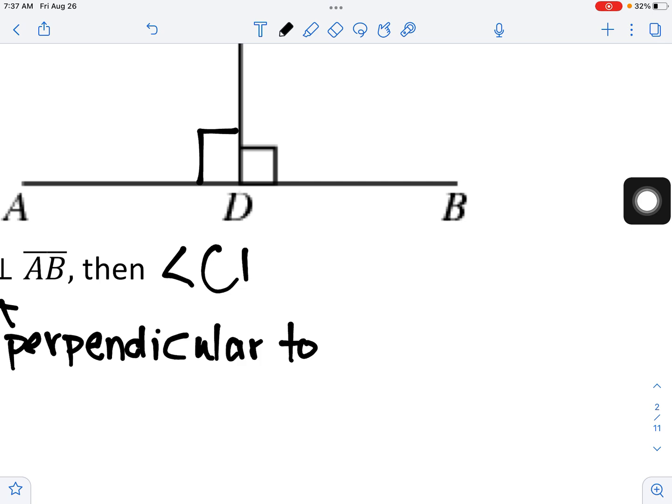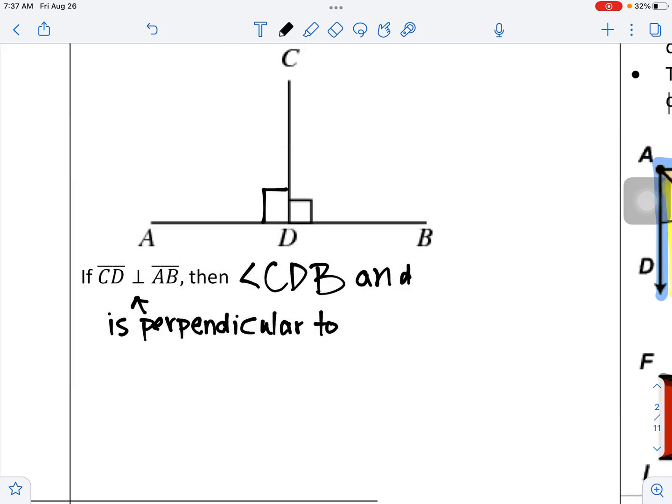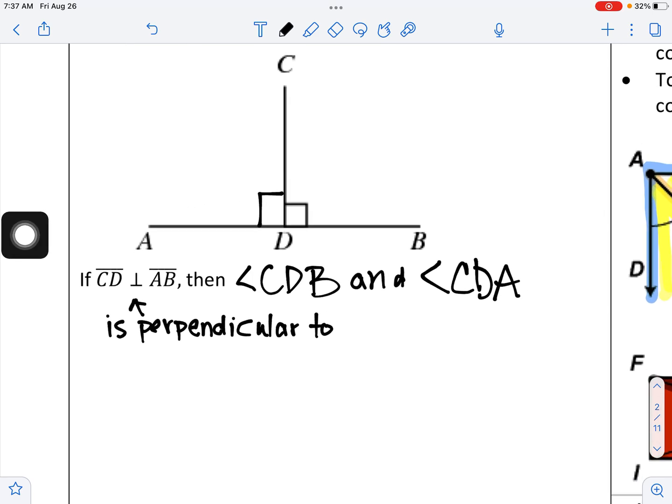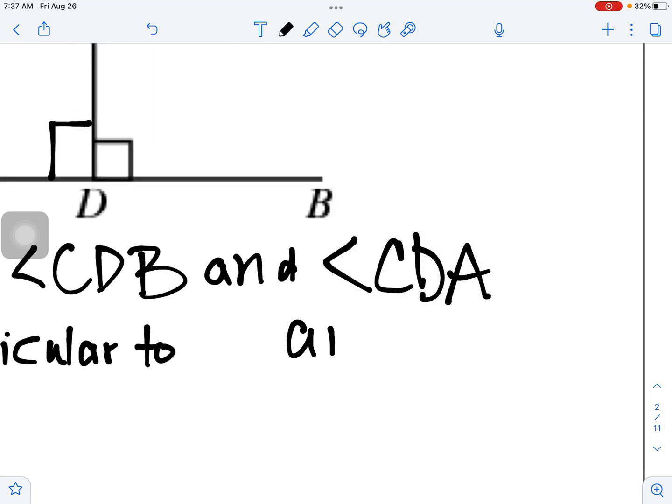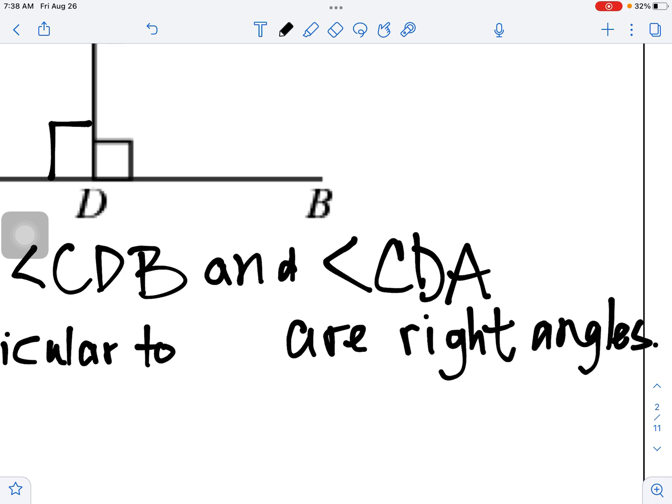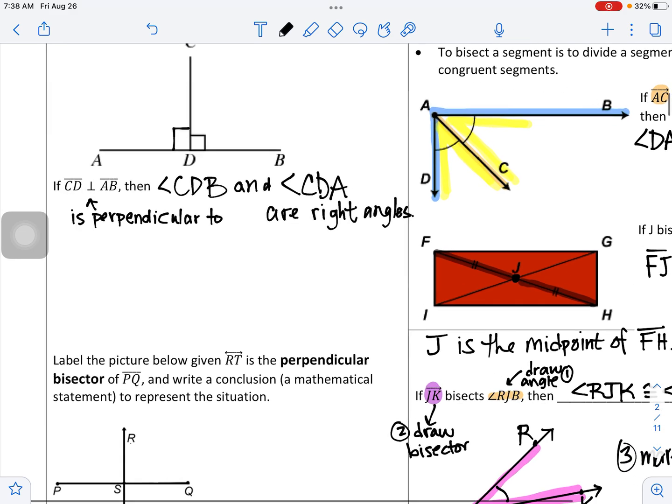angle CDB, and on the left I have angle ADC. Let's actually call it CDA, angle CDA, are right angles. Now, because they're right angles, and they both measure 90 degrees, they both have the same size, we know